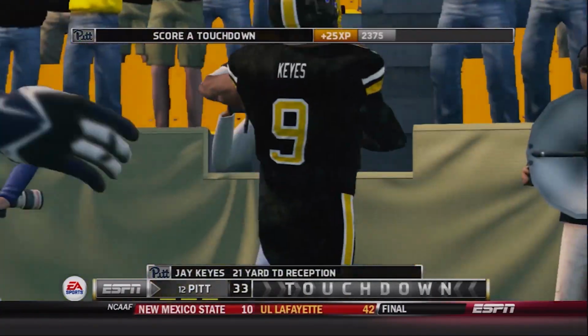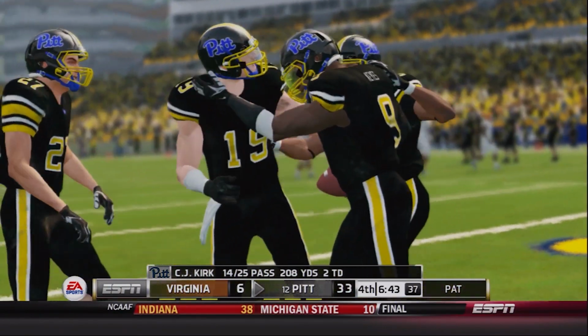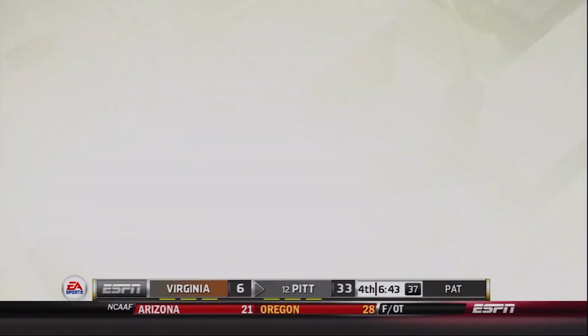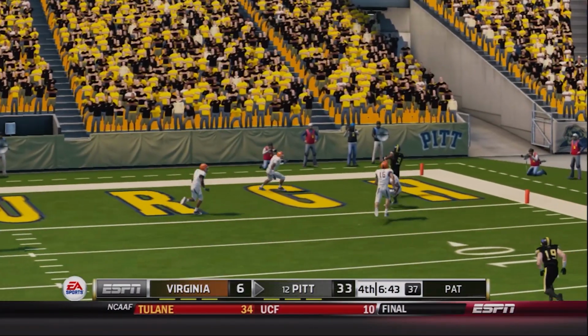We haven't said much about him until right now. Touchdown, Kirk to Keys, and the Panthers may have just put this one out of reach. What a throw by C.J. Kirk. Jay Keys did a great job getting off the press coverage, getting behind the zone, and just finding the